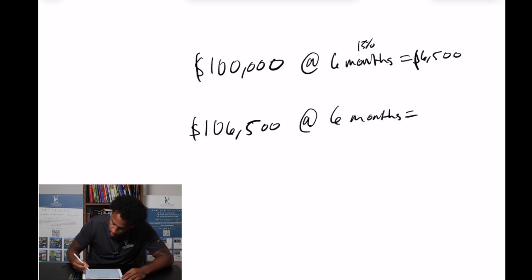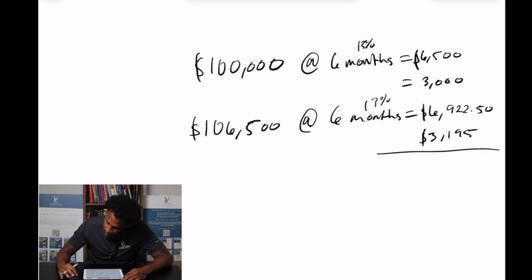That's 6 months equals $6,922.50. That's 13% interest. Now we have to include our 3 points on 100,000, which is $3,000. And now we have to include our 3 points on 106,500, which is $3,195. So in 1 year, on $100,000, we made $6,500 plus $3,000 plus